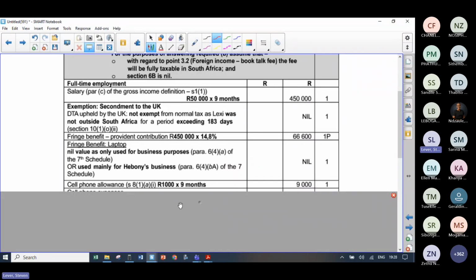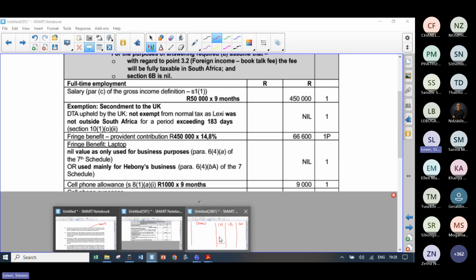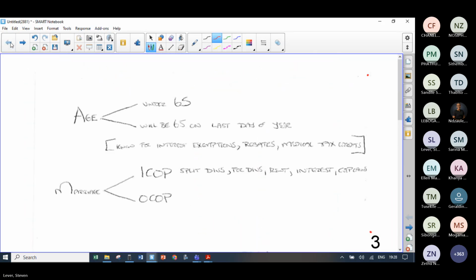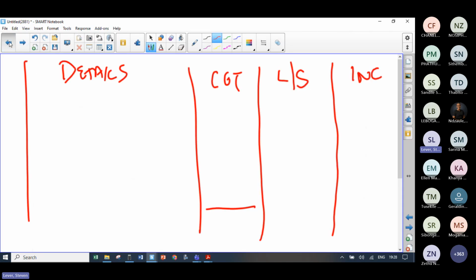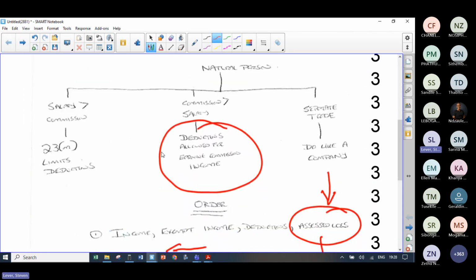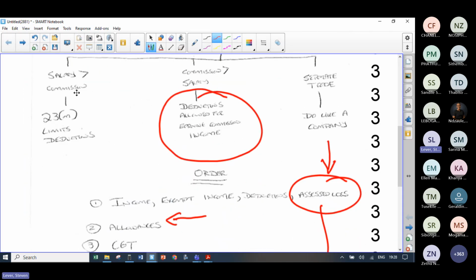Okay, can I take off the expenses? Now remember what I did with you, guys. I said, if your salary is bigger than commission, there's no commission here. She just gets a salary. Section 23M limits deductions. So you can get your 11F, you can get for pension and retirement funds, you can get your donations right off, but you can't get for cell phone expenses.